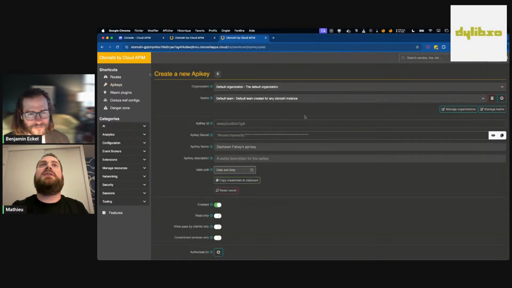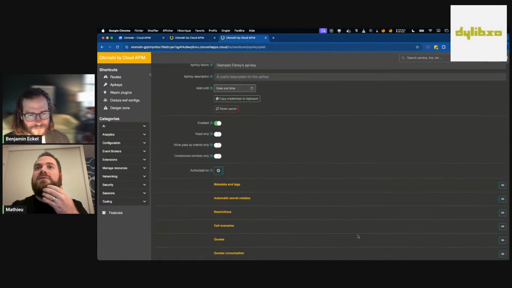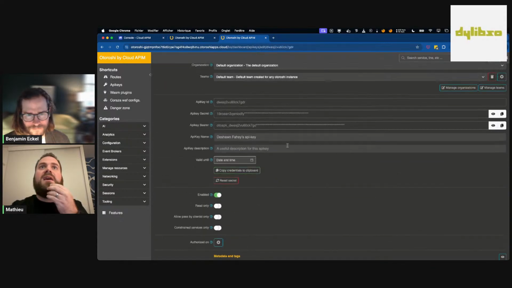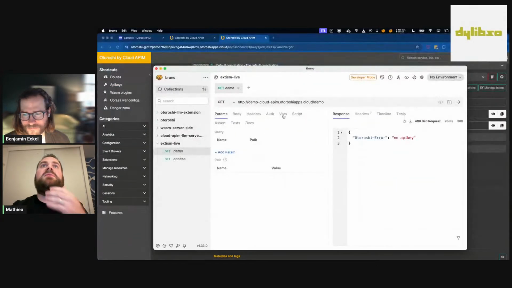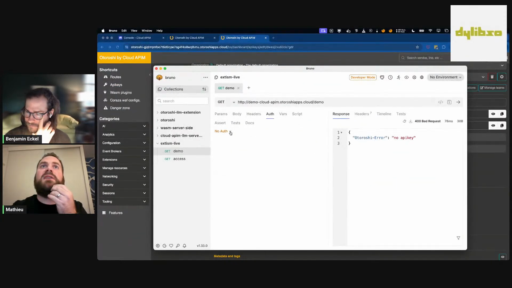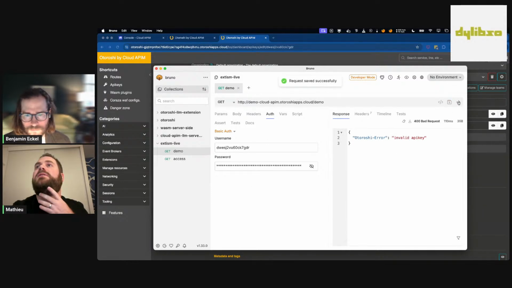So I go into API keys, I create a new API key. There is some secret value here. It's okay for me. I create the key. And now I can copy the value of the API key and pass it to my call. So it's basic authentication, user password, and I can go with it and say